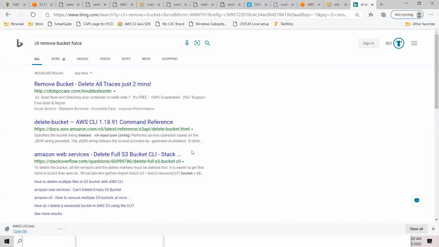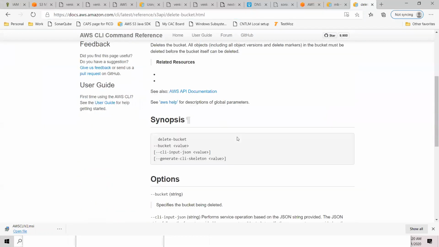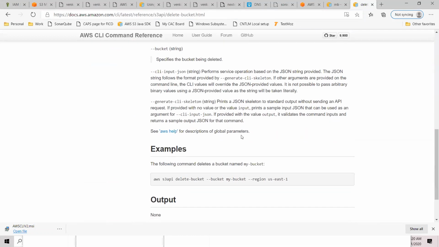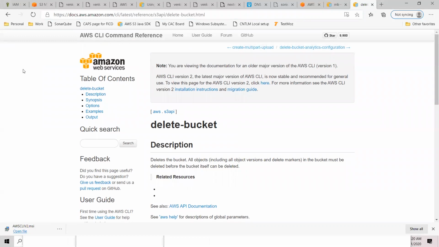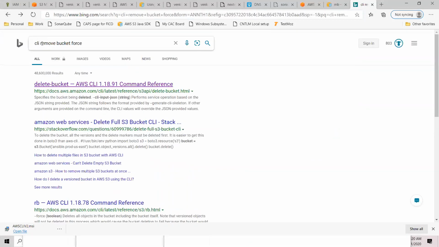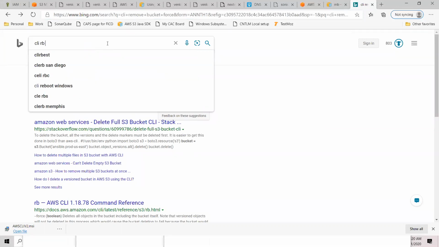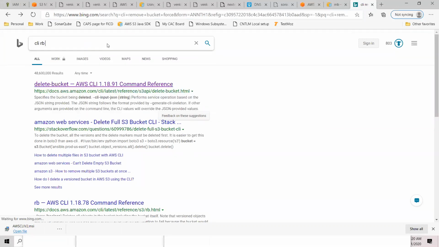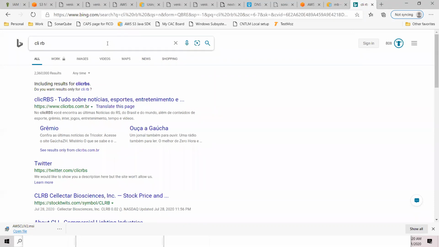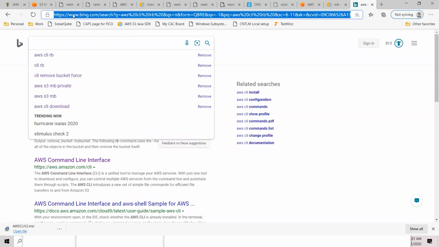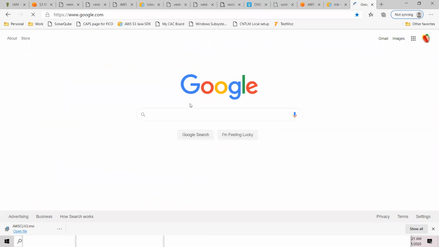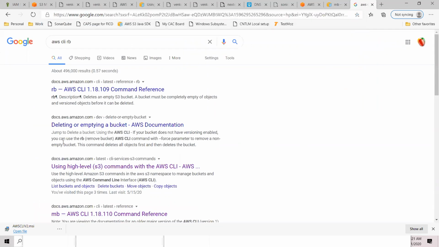Even though it is delete bucket in the S3 API, you can do an S3 API, rb remove bucket, CLI remove bucket options, AWS command line interface. So the problem is my Bing versus Google.